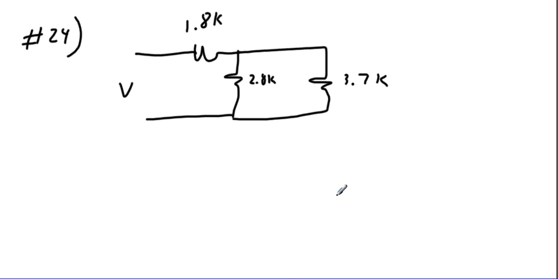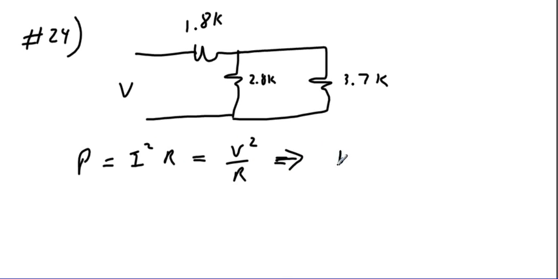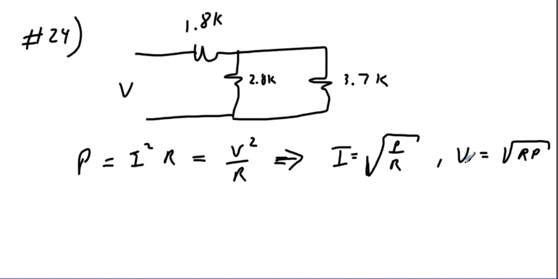And we know that power is I squared R. We know that power is V squared over R. That implies that current can be the square root of power divided by resistance, and voltage can be the square root of resistance times power. Okay, so that's just a bunch of equations that we have. And the issue is, what's the max